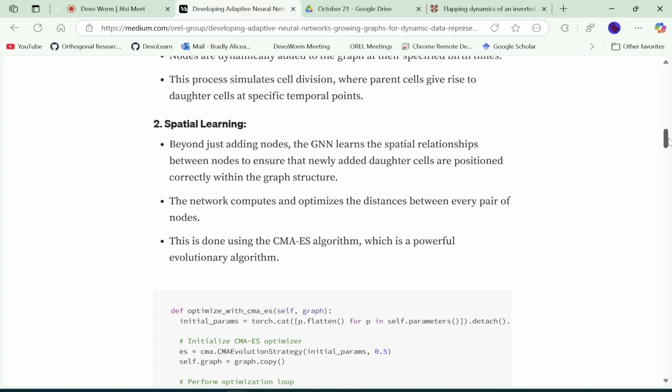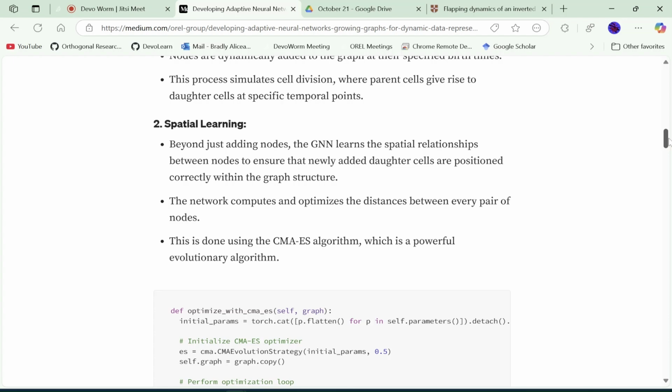In C. elegans, you have this comma phase of development where the embryo basically forms a comma, where there's an indent in the middle, and so we can look at those sorts of spatial relationships. The data not only have the division information, but also some spatial location information as well. So that's good. The network computes and optimizes the distances between every pair of nodes, and this was done